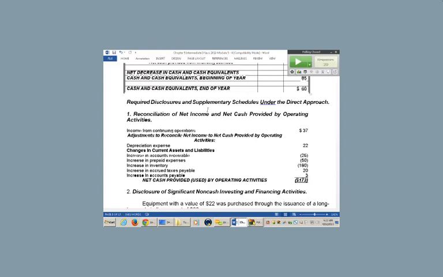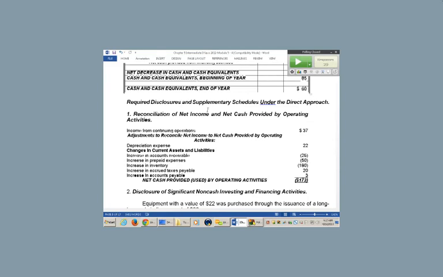Now, what you don't see here, and this is a great way for you to compare direct and indirect, is the fact that the inventory and the accounts payable adjustment are really adjusting what number? Cost of goods sold, up in the income statement. The depreciation number, of course, is adjusting your depreciation down to zero. The prepaids are adjusting the operating expenses. So this is the problem with the indirect method. It does obscure a lot of information. But nonetheless, that's your first disclosure, and that is the indirect approach.